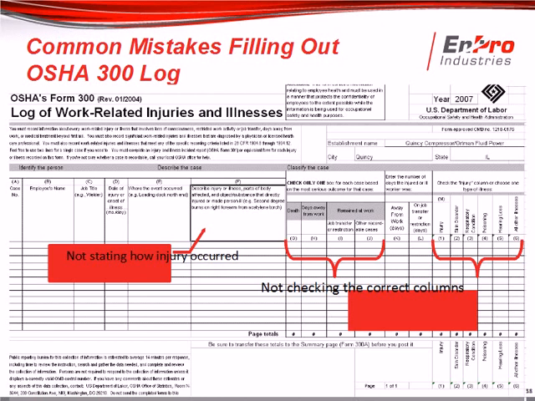So just make sure that you're paying attention to only having one checkbox in each one of those two groupings of items. You also have to make sure that you keep an up-to-date record of the days away from work or the on-the-job transfer restricted duty. And we need to keep these logs updated and on premise for up to 5 years. So we really need to do a good job of making sure that we're following up on the life of an injury or illness